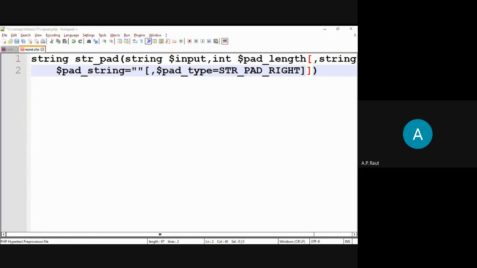Otherwise it is padded with characters from pad underscore string up to the limit.